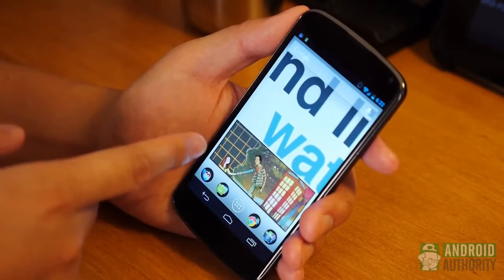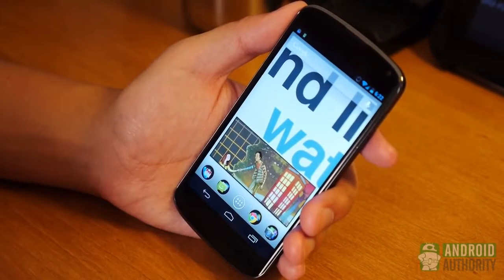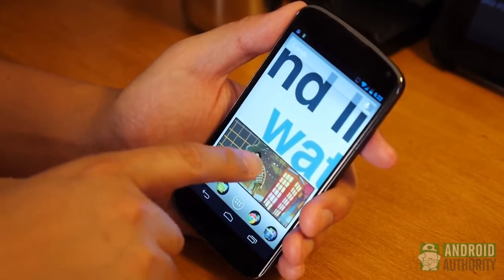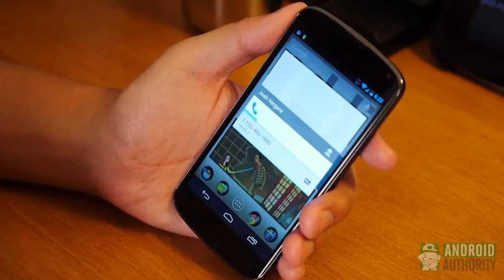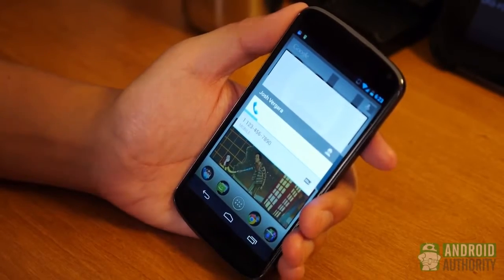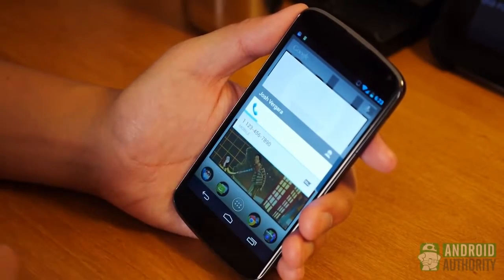So for me, I have this picture right here for now, but it's only for the purposes of this video because normally I have my girlfriend there, and I would just press on the widget and it would give me the quick contact pop-up. You can have it go straight to a call, straight to a text, or anything like that, but for me, I have all the options available: call, text, email, anything like that, in case I need